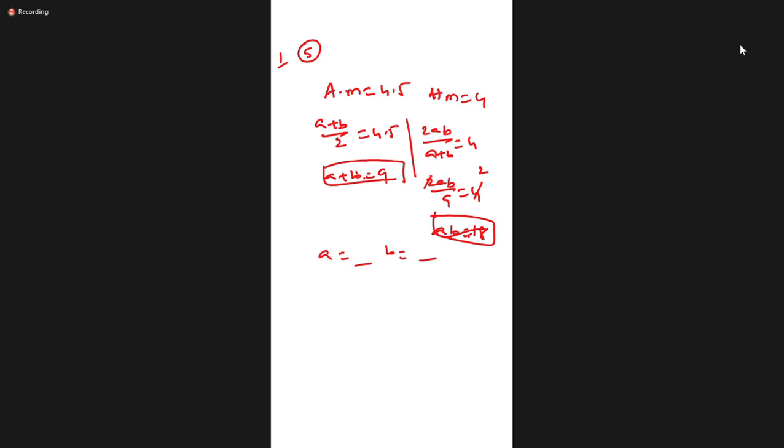Next, more of the data given, mean given, median they are asking. First, that's what I explained to you. Mean, mode, median relation. Any two they will give. Mode is equal to 3 median minus 2 mean. Yes. So any two they will give, the third one they will ask. Apply that formula.